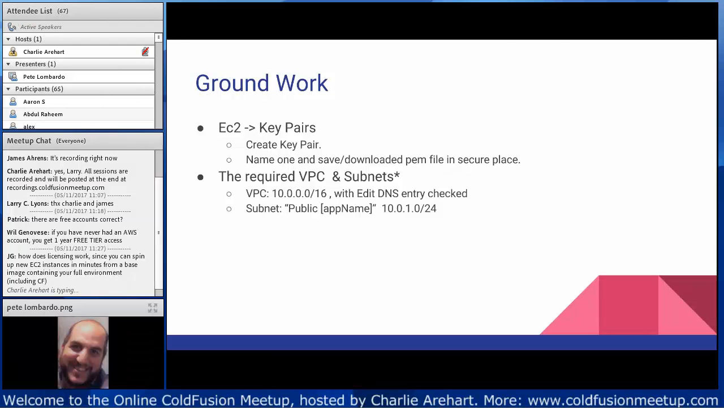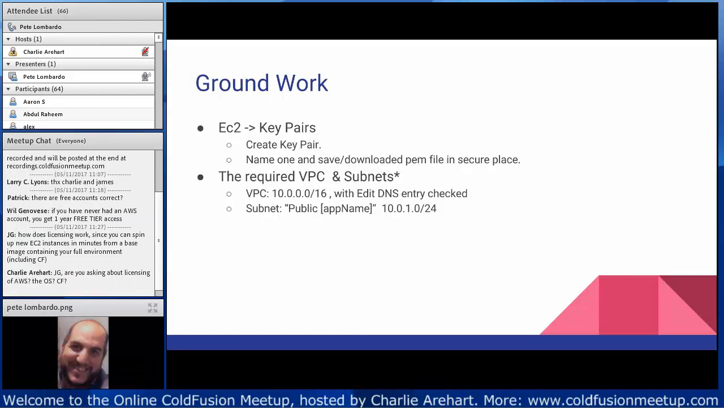The subnet is obviously something within that. Generally speaking, I like to make subnets in increments of 254 addresses. So if I have, let's say, an